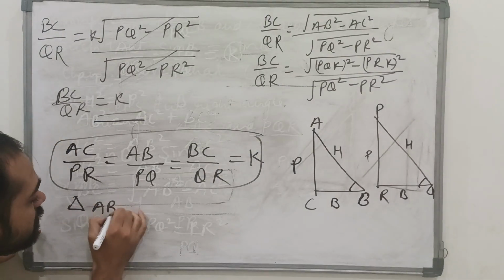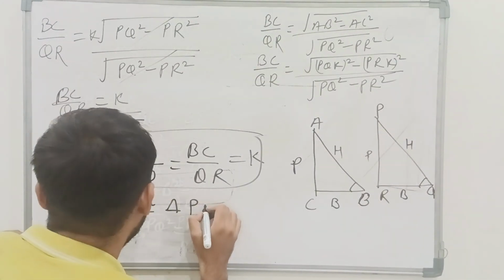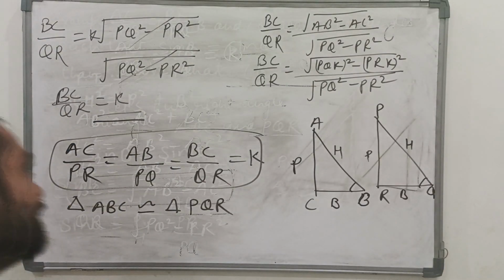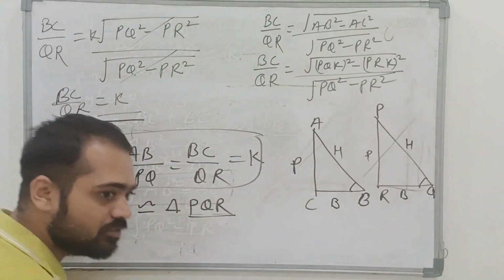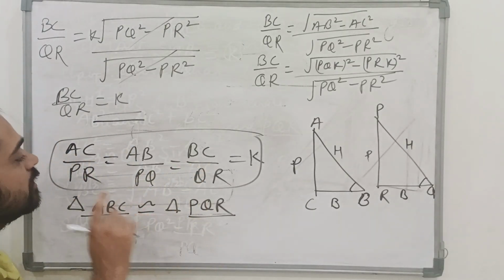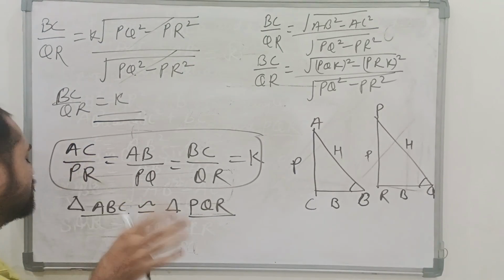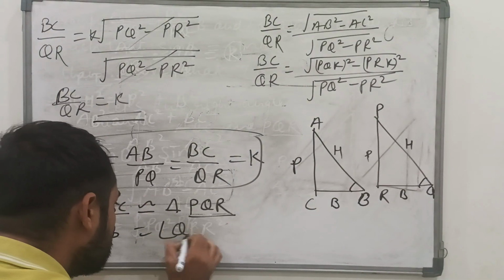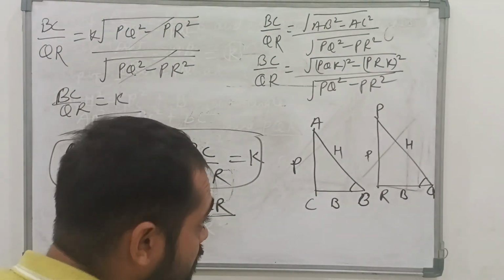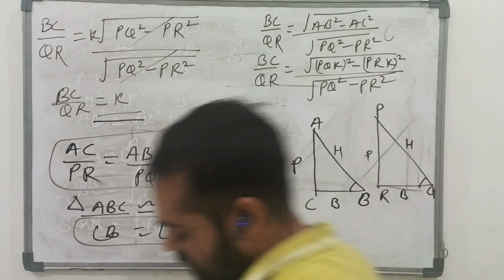जब ये बराबर आ गया तो हम कह सकते हैं कि ट्रायंगल ABC कॉन्ग्रुएंट होगा ट्रायंगल PQR के। जब ट्रायंगल कॉन्ग्रुएंट होंगे तो हम कह सकते हैं कि दोनों ट्रायंगल के साइड्स के सारे रेशियो सेम हो जाएंगे। जब सेम हो जाएंगे तो एंगल भी सेम होंगे ना। तो एंगल कौन कौन से हैं, B और Q। तो एंगल B इक्वल टू एंगल Q, दिस इज एक्यूट एंगल ऑलरेडी गिवन। जो एक्यूट एंगल होता है वो पक्का बराबर होता है कॉन्ग्रुएंट में। समझ में आ गया। हैव कंप्लीटेड, हैव डन, सारा कंप्लीट हो गया।